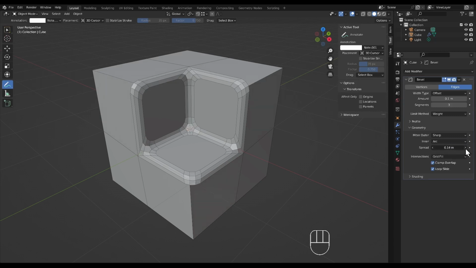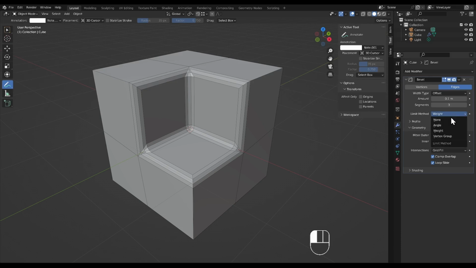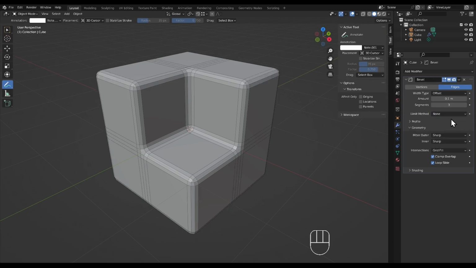Increasing the spread of the miter will affect inner and outer miters. Let's reset our limit method to none. Intersections where three or more edges meet at a single vertex can be set to bevel at one of two